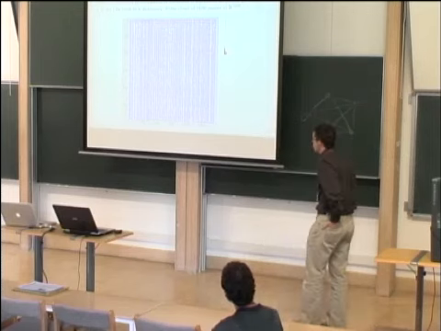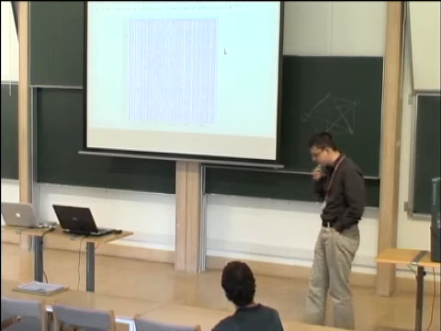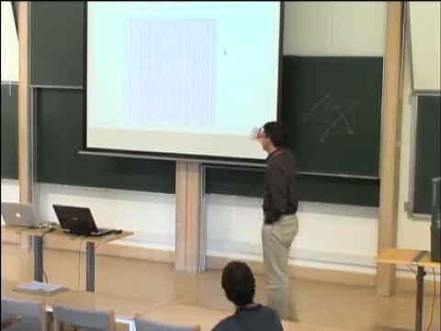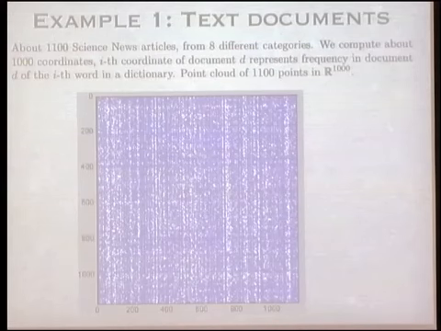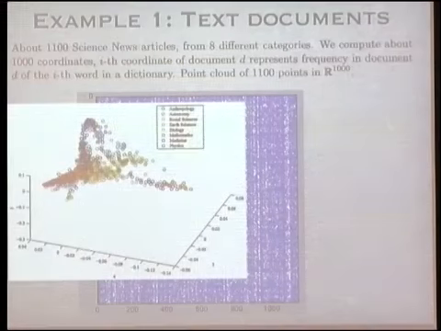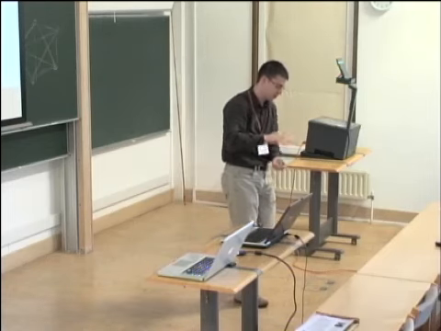This is the document matrix again, the same one that I presented before. And one of the things that I've been working on in the past several years, as well as many other people in the machine learning community, in statistics, and in applied mathematics, is how do you try to represent this data in a useful way, or how do you try to find good parameters for these data sets? And if you think of this geometrically, it's a point cloud of about 1,000 documents in 1,000 dimensions. But you can represent it down in low dimensions by constructing nonlinear maps, and it's not so crucial how I did this right now, but you can get pictures like this, where every point is a document projected down from very high dimensions to low dimensions.